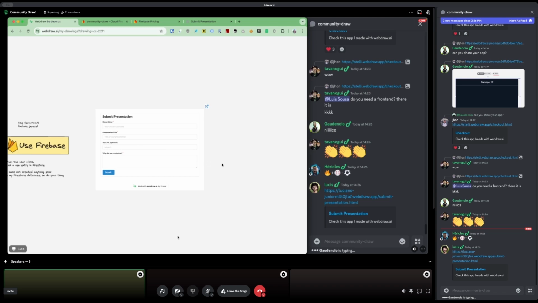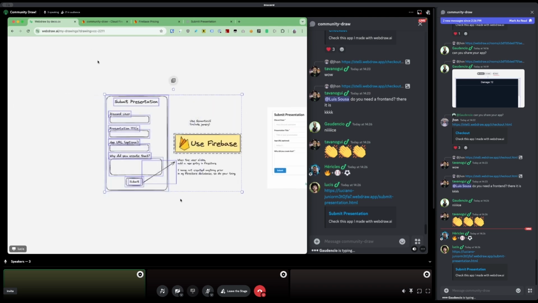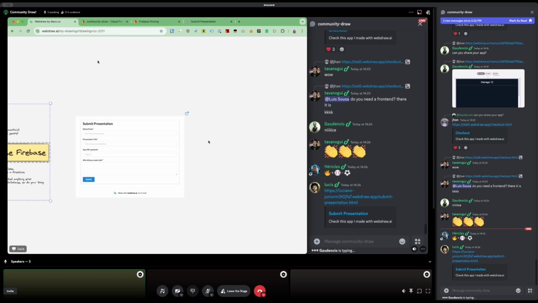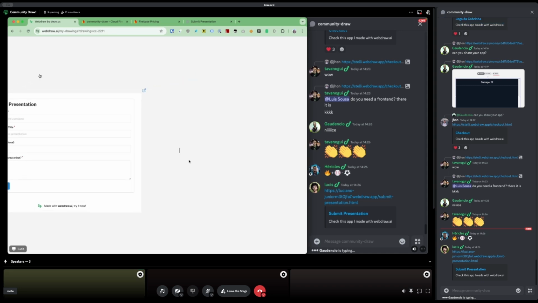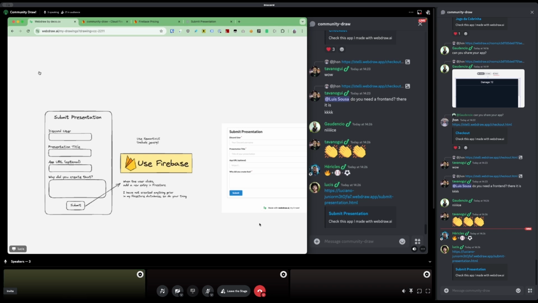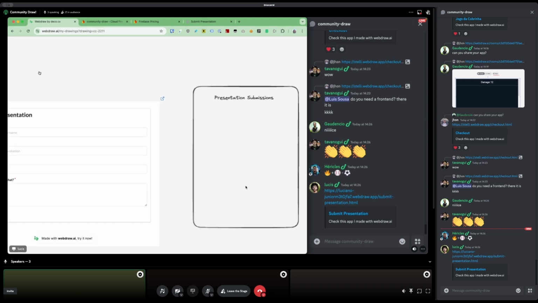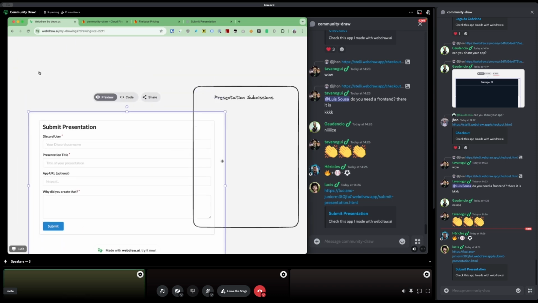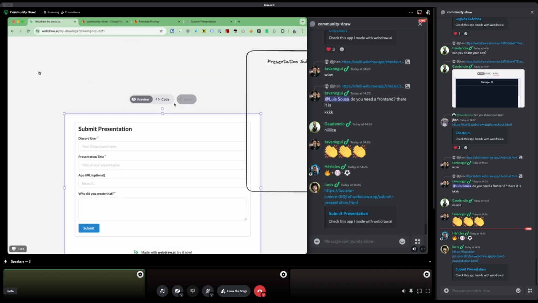But to have it be useful, I'll create the screen where Mateus will take a look. So this is the presentation submissions, and I can get a little descriptive here and start drawing the UI, but sometimes I can just say, please do your thing. I'm not a good designer. So I will, in this case, just share a snippet of what,